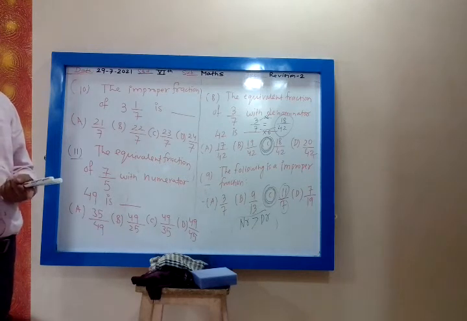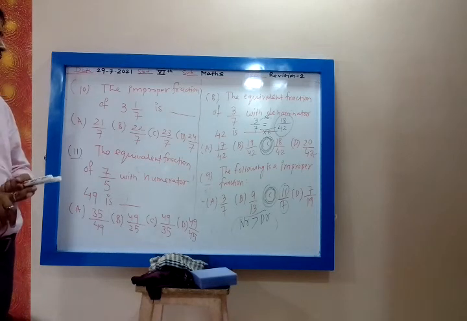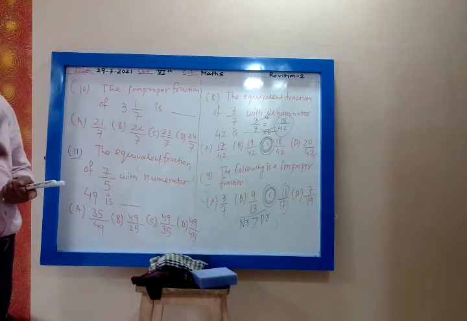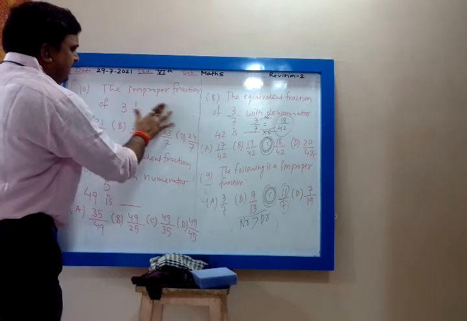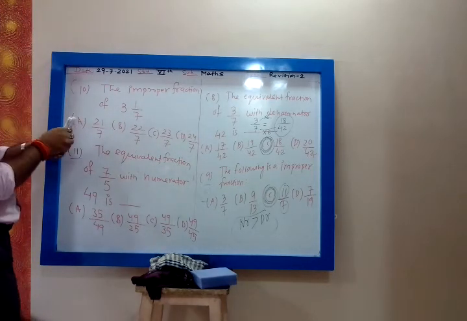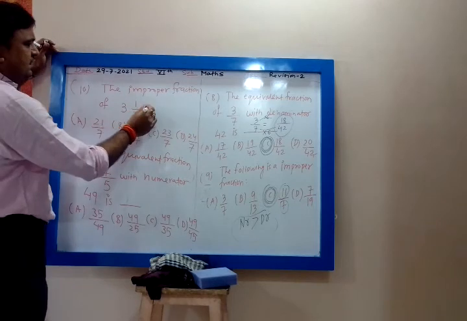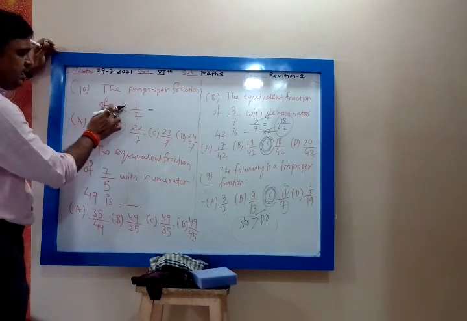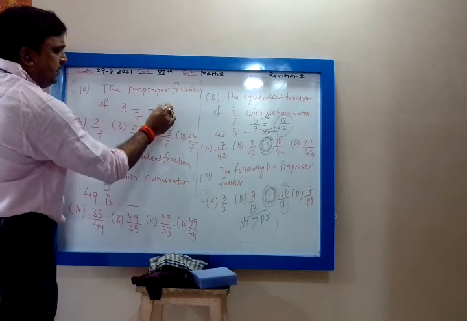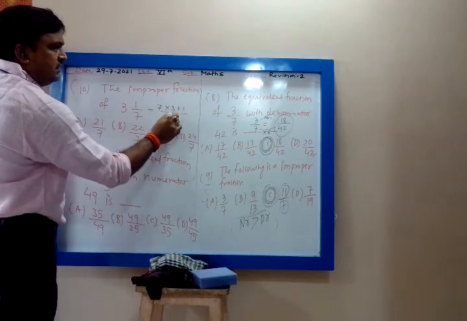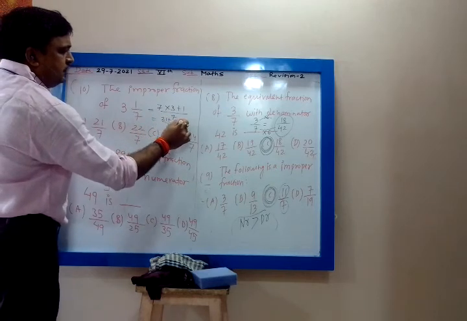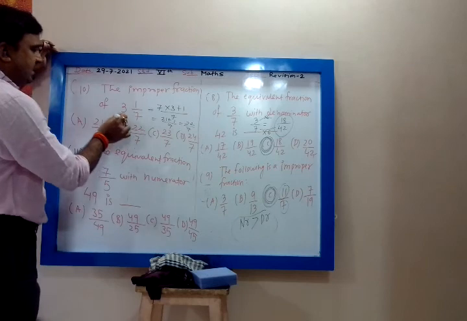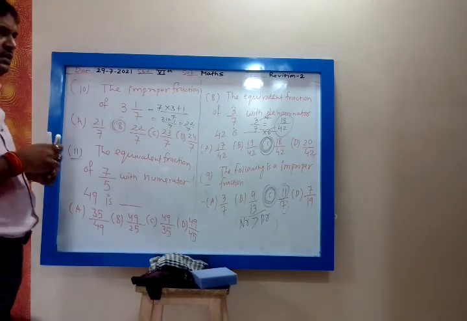Darsh 22 upon 7. Pavitra 22 upon 7. Ara 22 upon 7. Anushree also 22 upon 7. Let us see how this will come. I can write 3 1 by 7. You have to multiply 7 by 3, add 1. So 7 into 3 plus 1 upon 7. 7 3s are 21. 21 plus 1 upon 7, that is 22 upon 7. So B is the correct option.